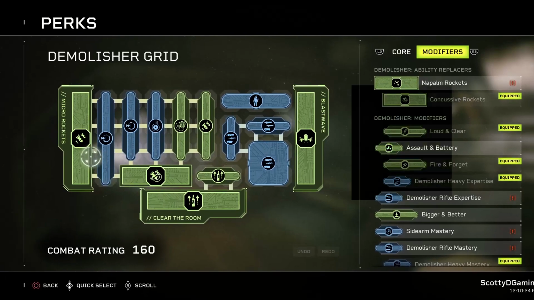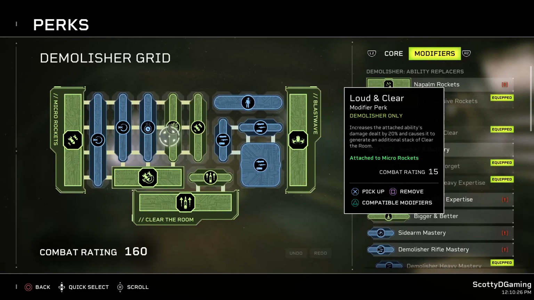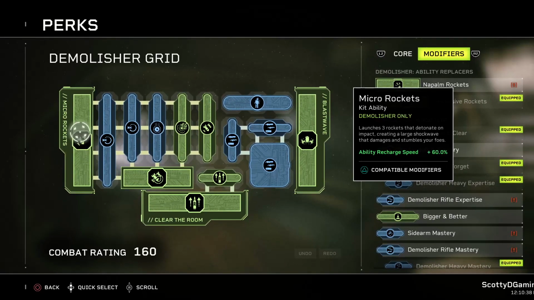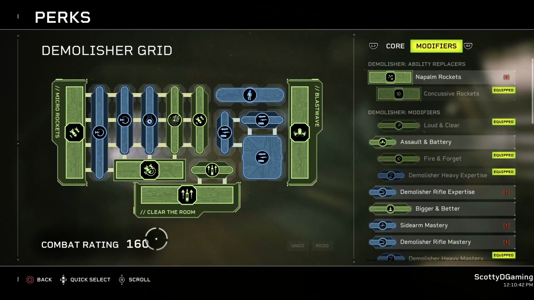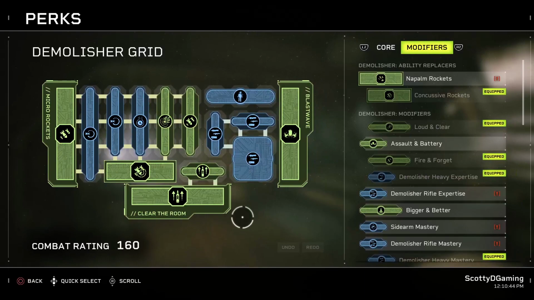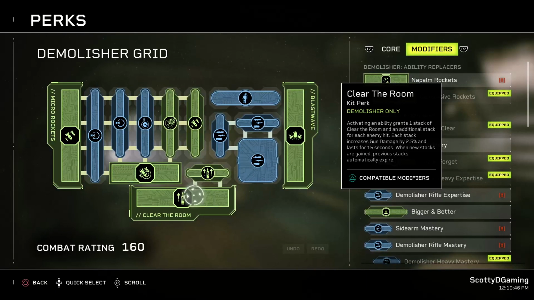Okay, so as soon as we activate Micro Rockets, this skill is going to give us 2 stacks of Clear the Room, and when we hit the elite with it, a bare minimum, we're probably going to hit more enemies with it, we get another 2 stacks, so that's 4 stacks total of Clear the Room for just hitting an elite with Micro Rockets. That's going to give us a 10% damage boost, and how I play this is I